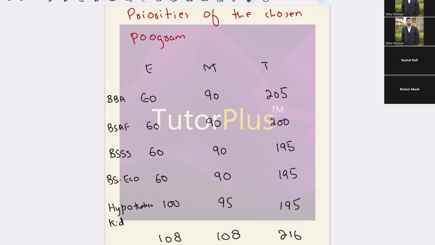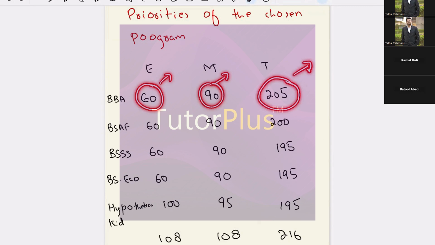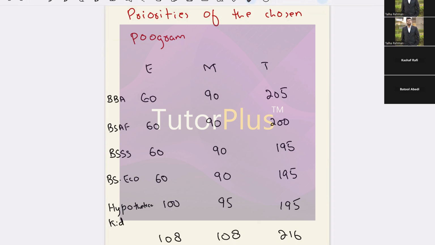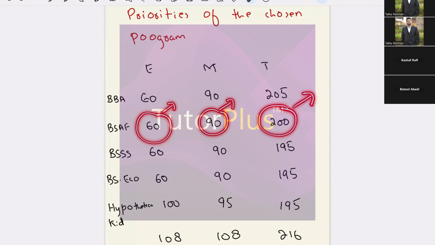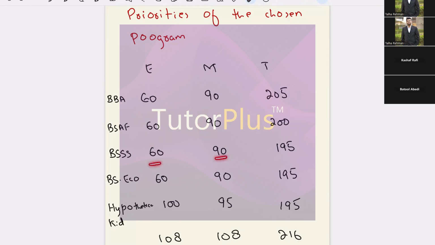So this basically means that we need 60 in English, 90 in maths, and 205 to get into BBA. Whereas for accounting and finance, we need 60 in English, 90 in maths, and our total marks, hypothetically speaking, should be 200. Once again, for social sciences, it's 195. For BS economics it's 195. So let's just say